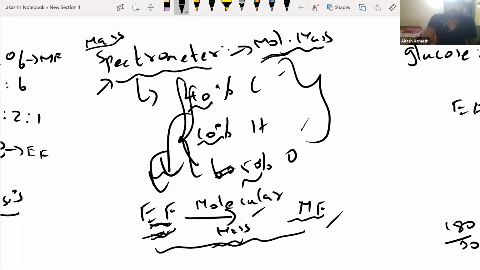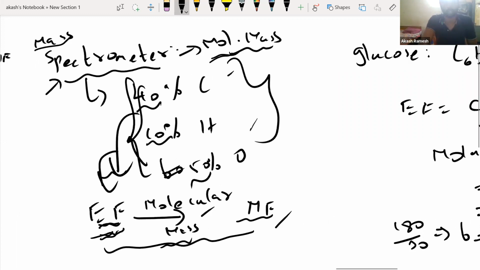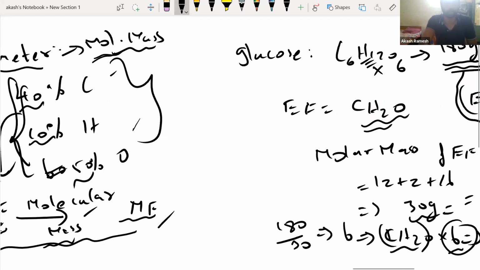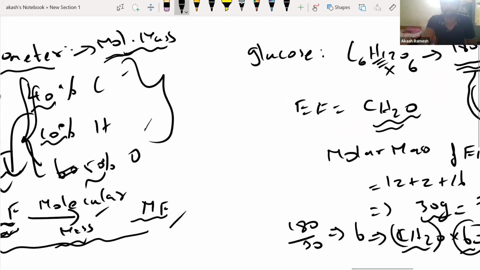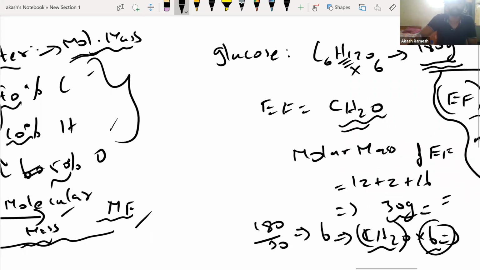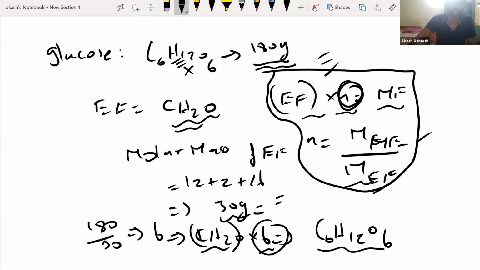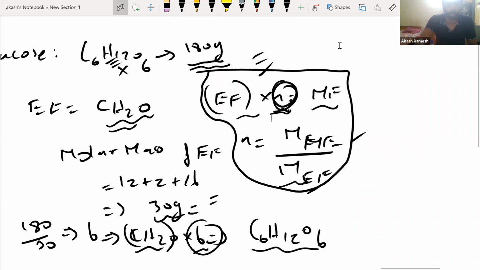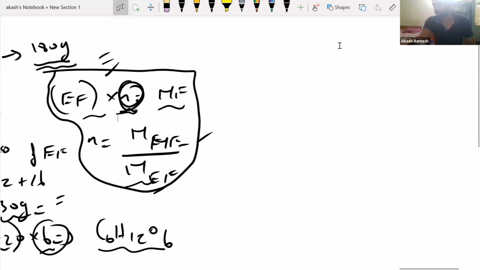Does anybody have any doubt in all the process we have seen? Everybody understood what exactly we are going to do here? Any questions, guys? This alone you remember, these two, this part and this part. Now, n, remember, is not the number of moles, people. n is some integer. Cool. So I think now we can get on with the problem. If we can get on with a model problem, I think it will be very helpful.